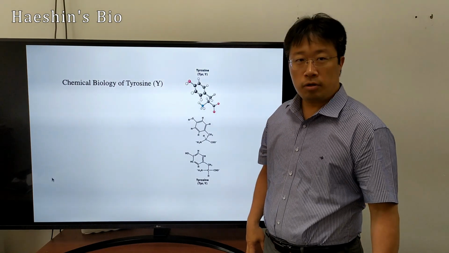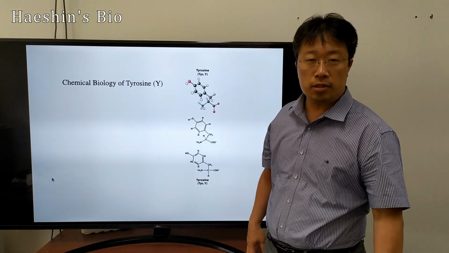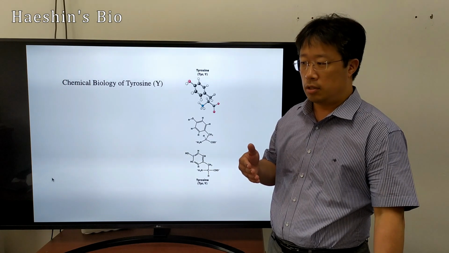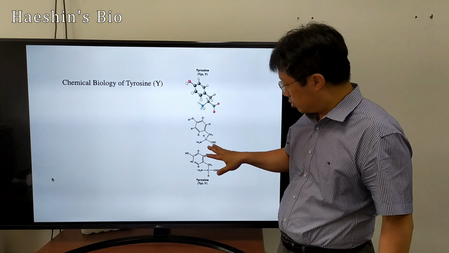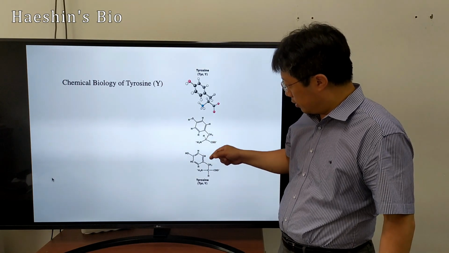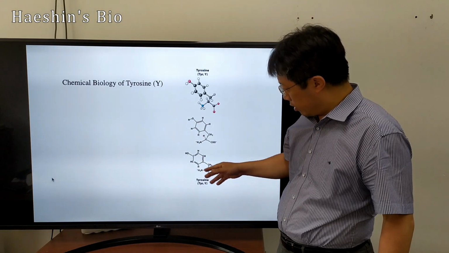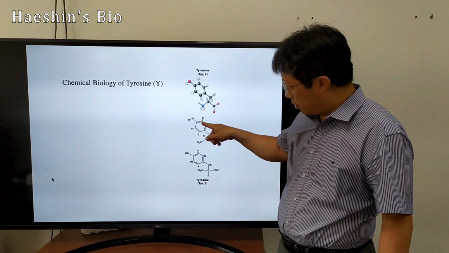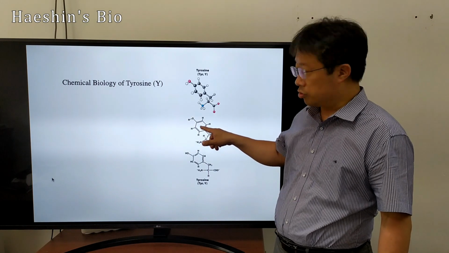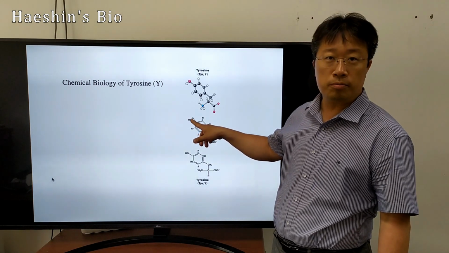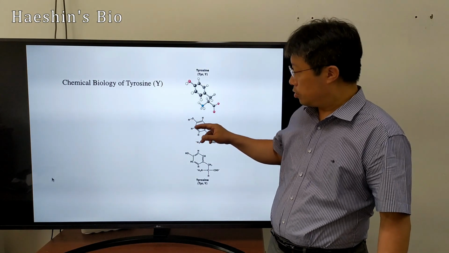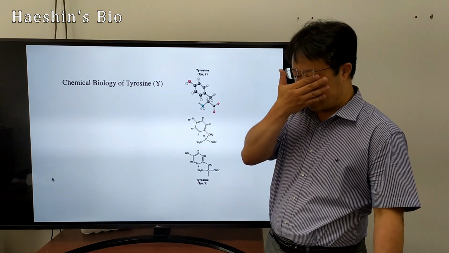At the beginning of this class, I emphasized that you should memorize the amino acid structures. So this is the amino acid structure. You can draw it either this way or that way, and you basically have a ring structure with one hydroxyl group. You may also remember your acid-base